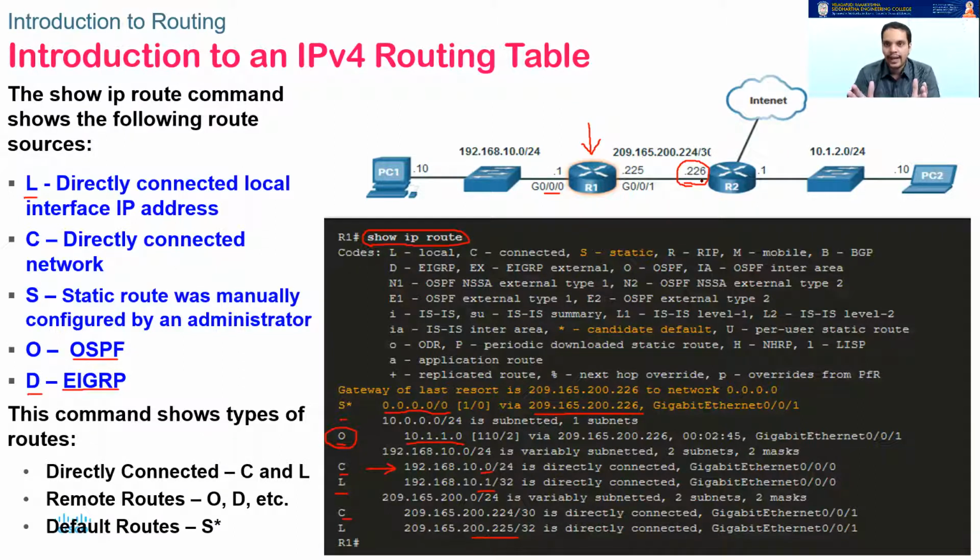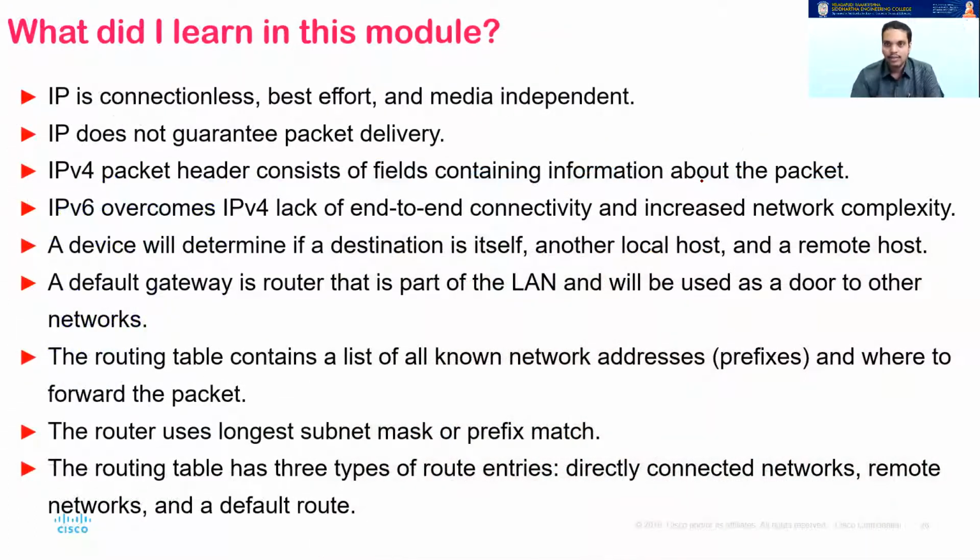Now, this is how a routing table looks like at any particular router. I told you earlier, any routing table only contains three information: static routes, directly connected routes, and remote routes. So the remote information, how does it get it? We are seeing an O here for OSPF. But now if I use EIGRP, I might see a D there. Directly connected routes are shown by C and L. L is your interface, C is the directly connected network. Okay, so we'll stop there.